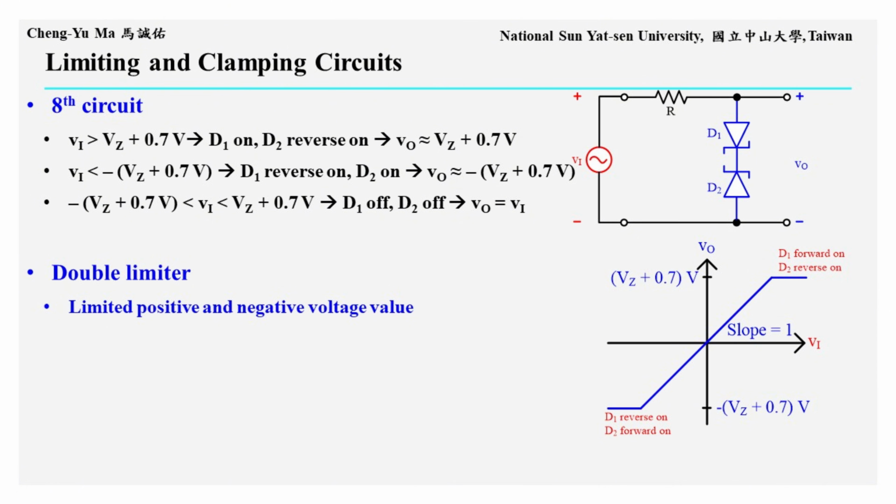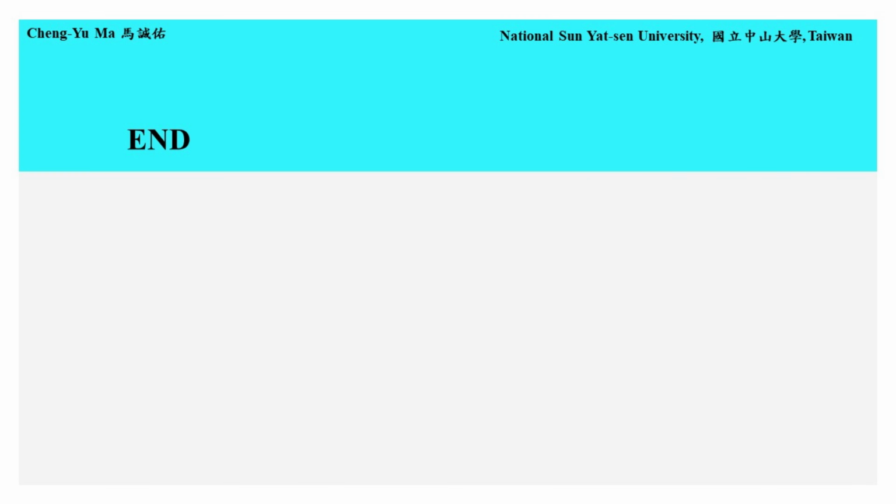Finally, we can see that this circuit limits both the positive and negative voltage levels. This is called a double limiter. This concludes the introduction to